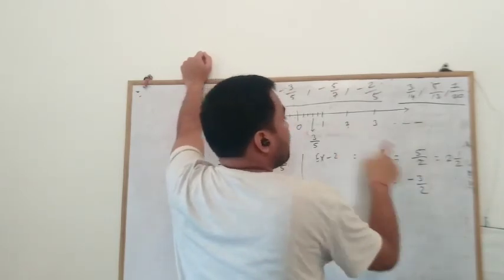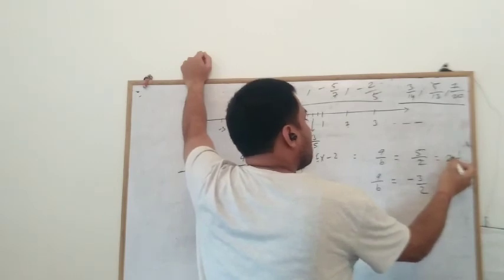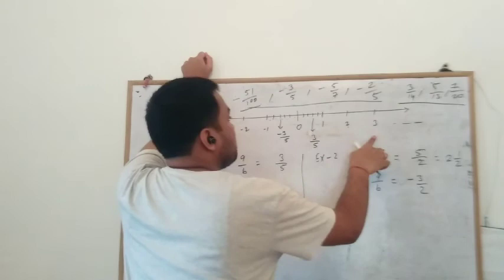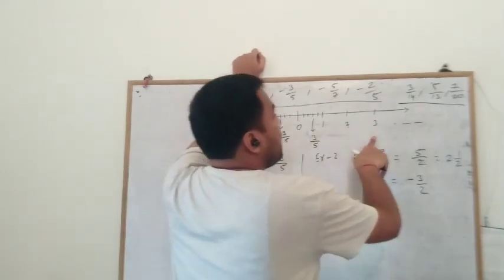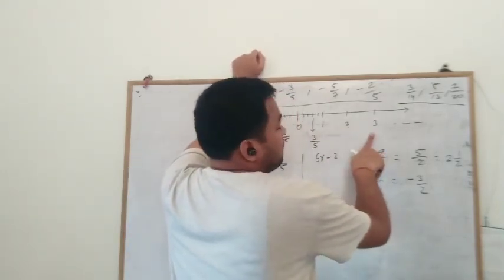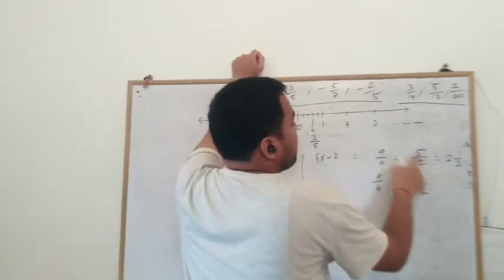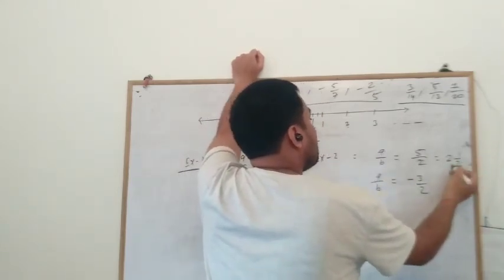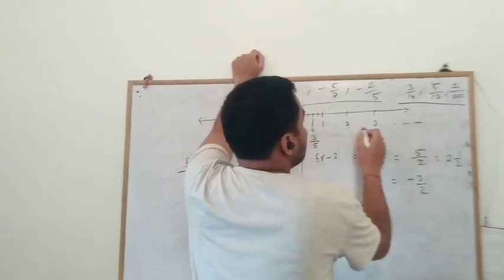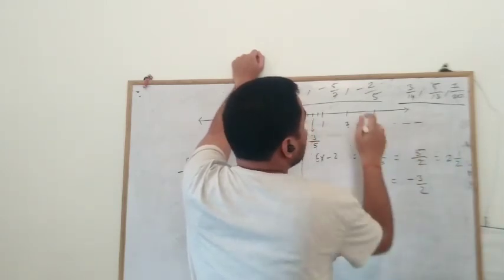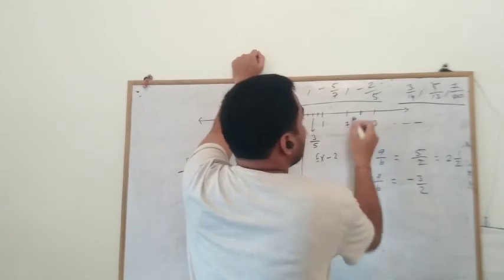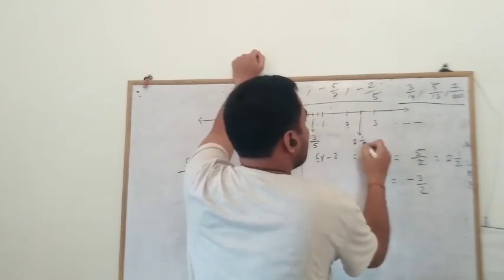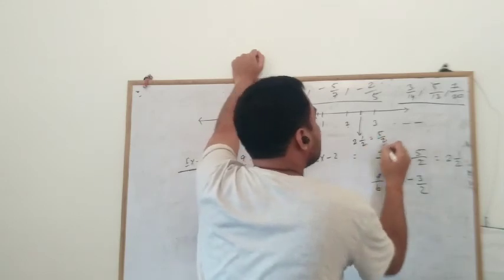So from these whole parts we considered where it will be placed on the number line. Now we consider 1 by 2. The denominator is 2, so let's divide 2 and 3 into 2 equal halves. So this one is 2 whole 1 by 2, that is 5 by 2.